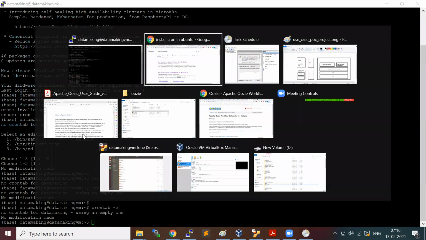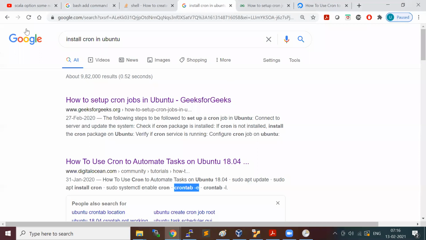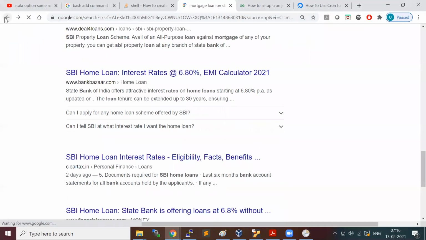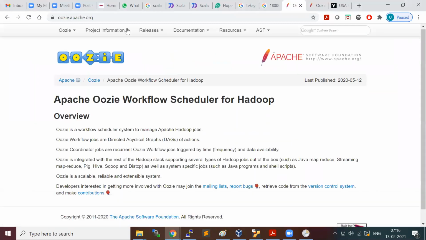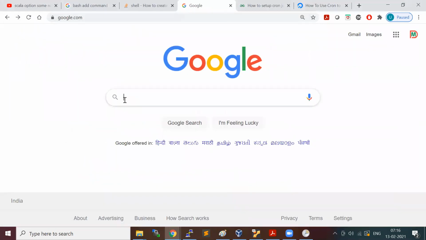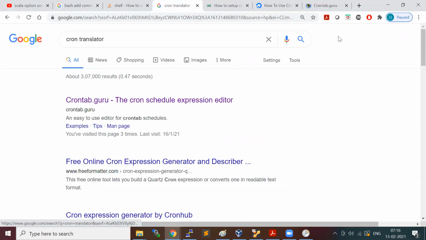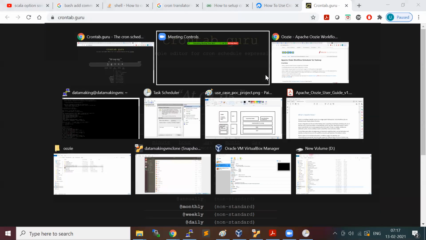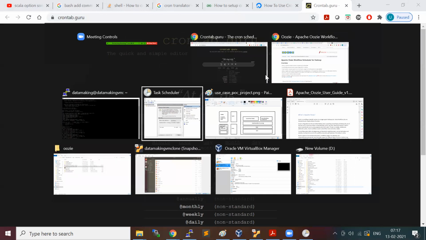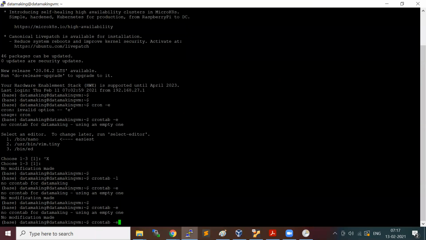Okay, if you want to know more about crontab, there is this. Basically there are 5 stars which he mentioned in the file, right?